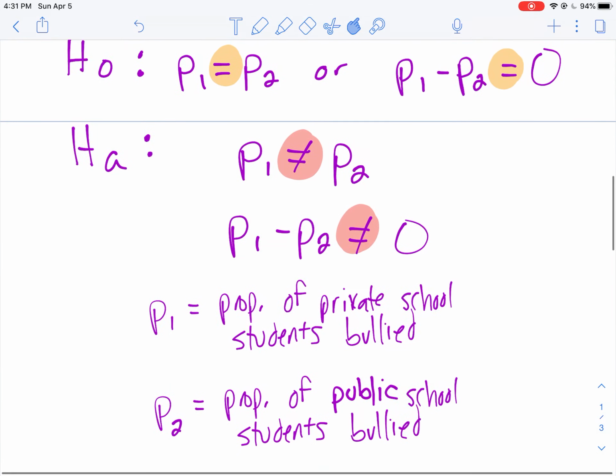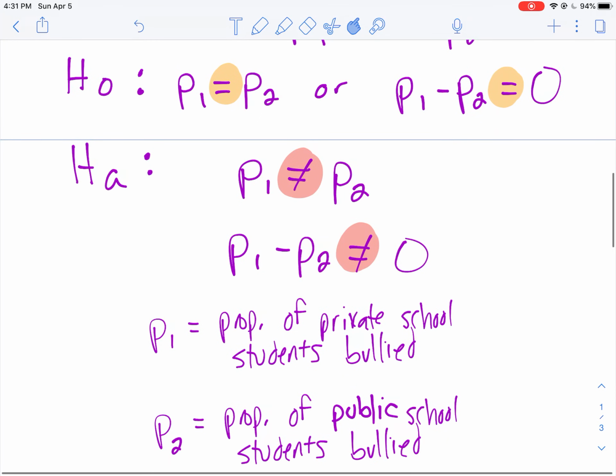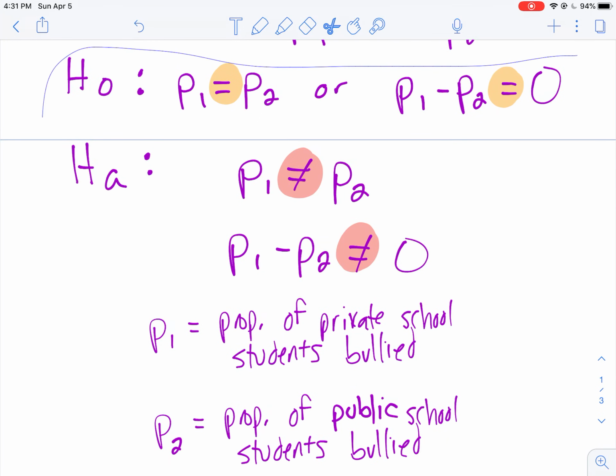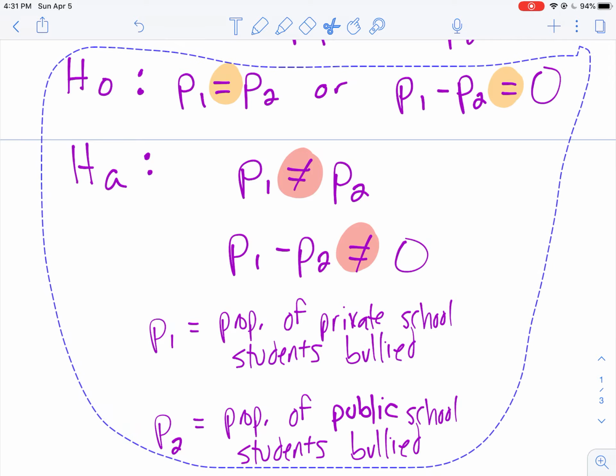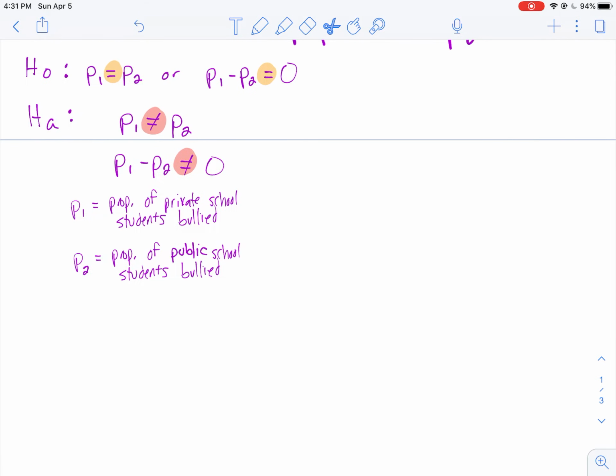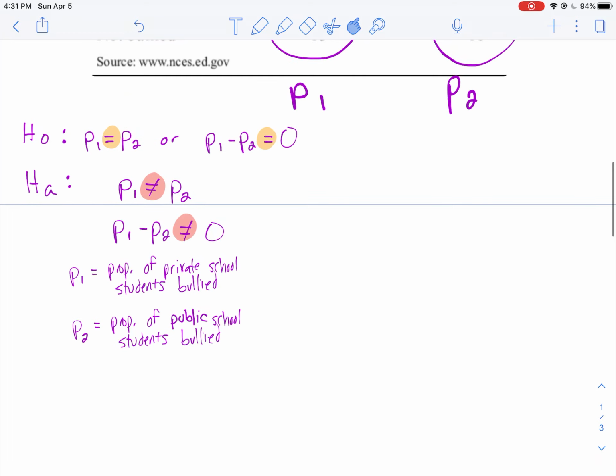Now the next thing we're going to be doing here is checking our conditions. You always want to check conditions. We always talk about that. Before you run your tests, you have to check your conditions. So let's talk a bit about the conditions. Now the good news is your conditions really haven't changed that much. For your conditions,